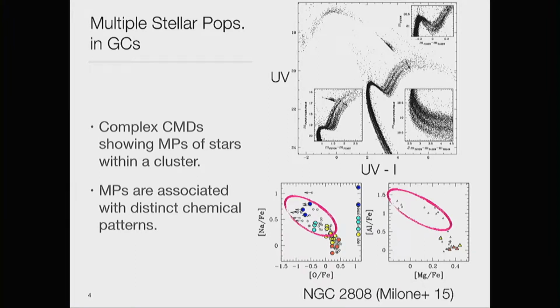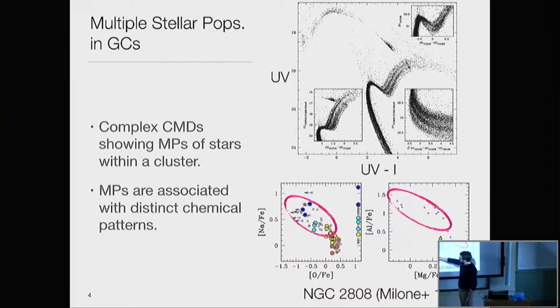For example, field stars have this kind of composition, like in these orange stars here. However, in globular clusters, we find that these abundance variations are significantly different than in the field, and they are very peculiar to globular clusters. We don't see them in open clusters or in the field stars. So people are trying to figure out why globular clusters evolve this way